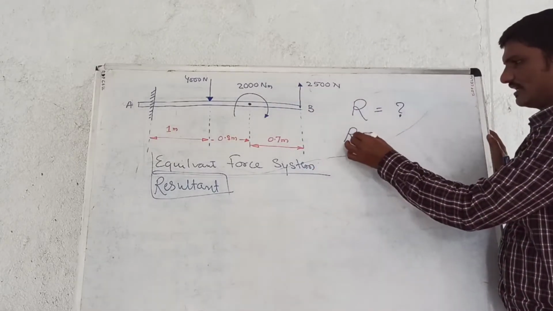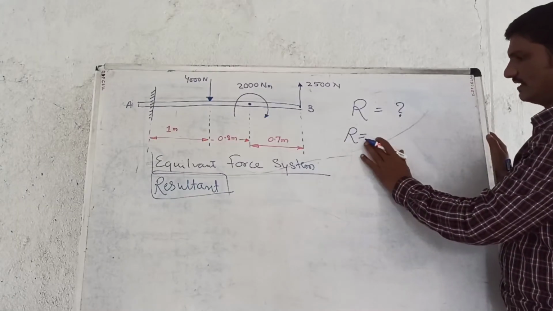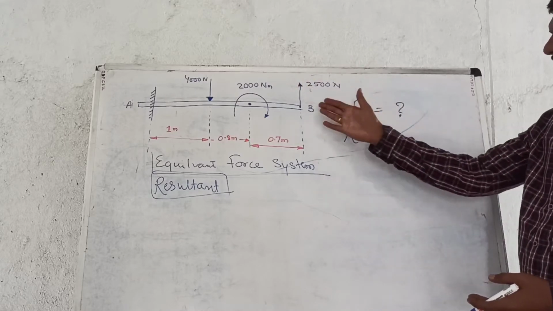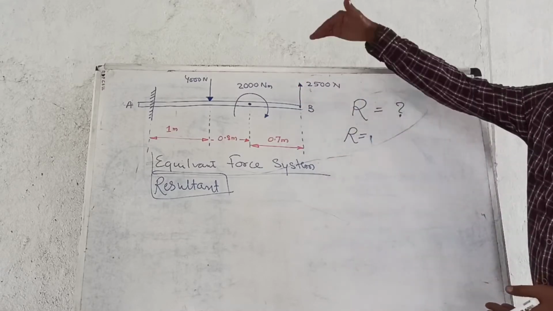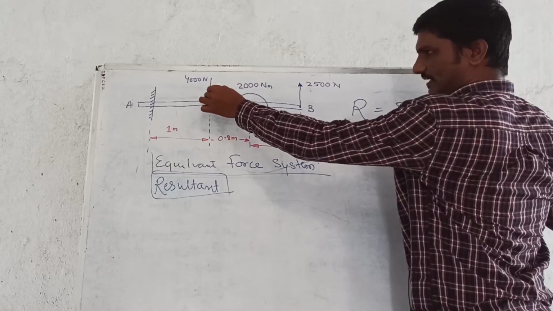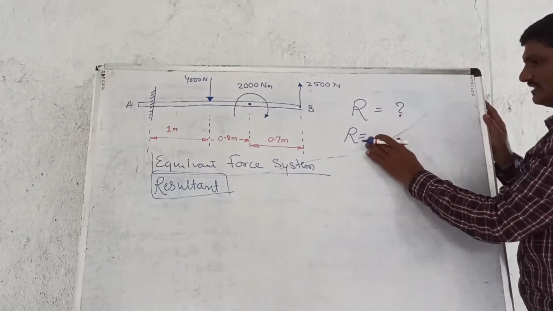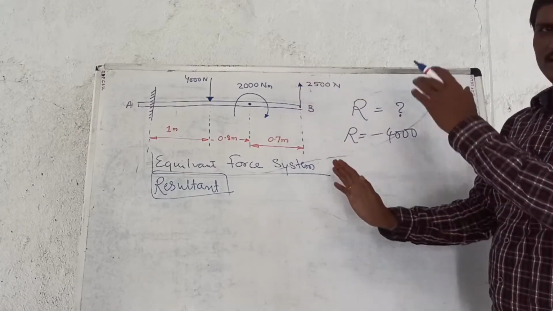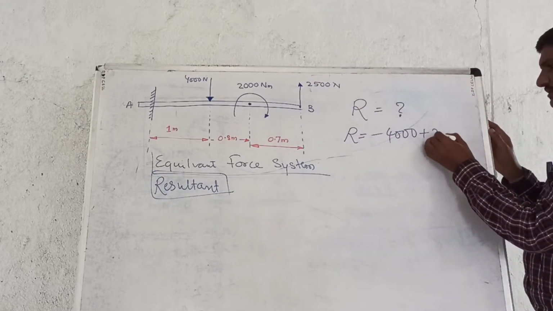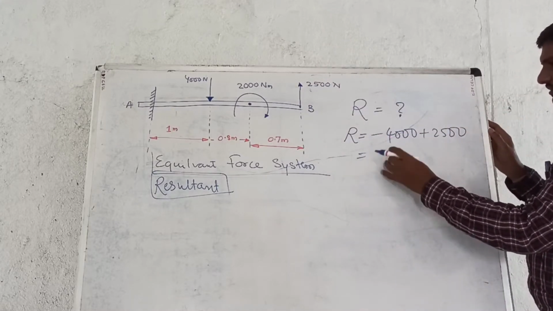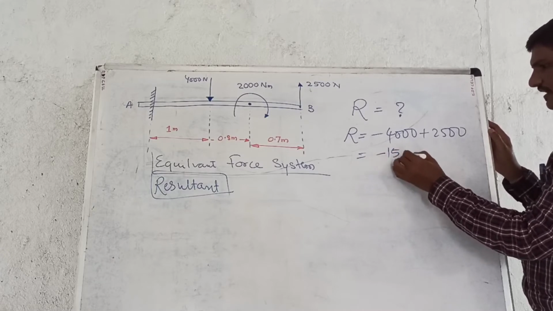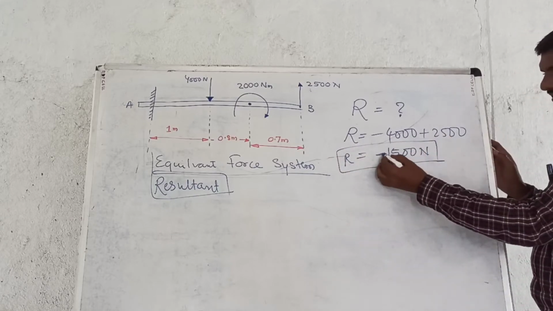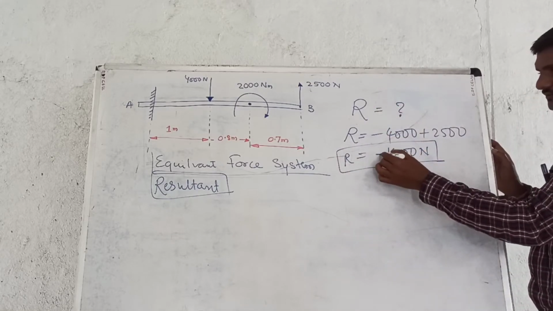So all are vertical forces and one is a couple. The resultant force R is equal to the square root of V squared, because we only have vertical forces. So directly we can take the vertical forces here. 4,000 Newton is applied vertically downward, so it is minus 4,000, and another force, 2,500, is acting upward, so that is plus 2,500. So minus 1,500 Newton is the resultant force, acting downward.